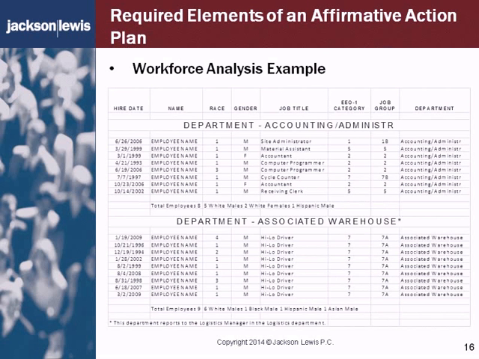So this tells you a couple things. One, it tells you what your lines of progression are within these departments. Similarly, it will tell you whether or not you tend to be concentrated by race or gender, or whether you are more underrepresented. All right? And so I've given you an example here on the screen where we've got two sample departments. We've got an accounting/administration department, and we have an associated warehouse department. And basically what we can see here is the types of employees, the jobs, that fall into each of those units,